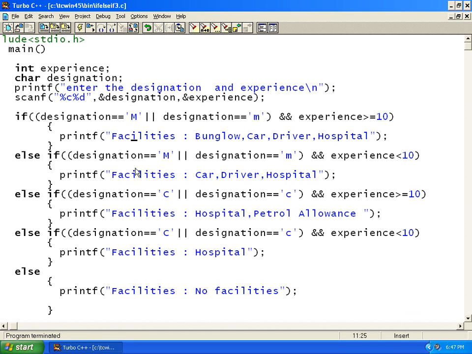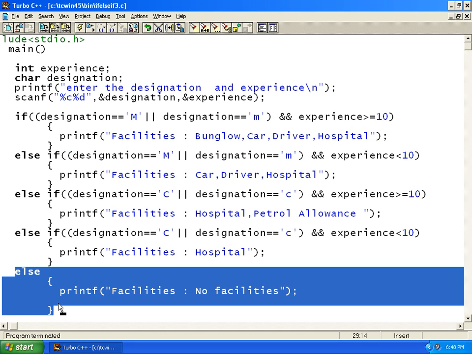You can use many logics here, consider many situations. I've just given an example to you how the if else if structure works. So if else if works like this. First, one condition is checked. If it's false, it checks the other condition. If it's false again, it checks the other condition. If it's false, it checks the other condition. And if all of them are false, the else structure executes. Again, this is optional. Even if you don't write this, there will be no errors in the program. No compiler errors will be there.